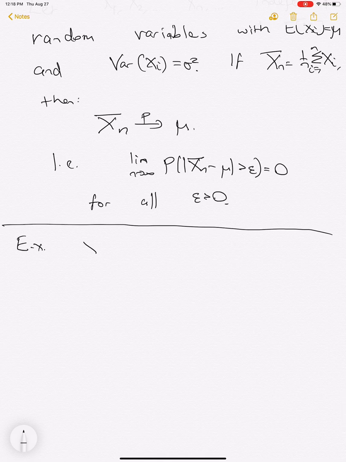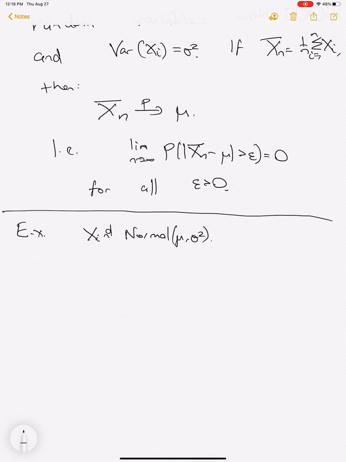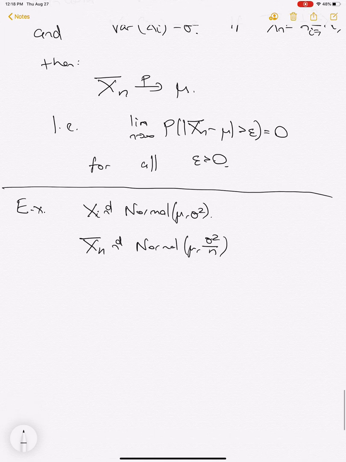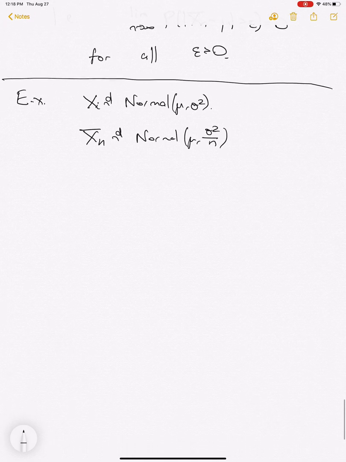So if X_i is normal with mean mu and variance sigma squared, then remember that we have this nice property that the sample mean has this distribution, normal with mean mu and variance sigma squared over n. And so what we're saying is that